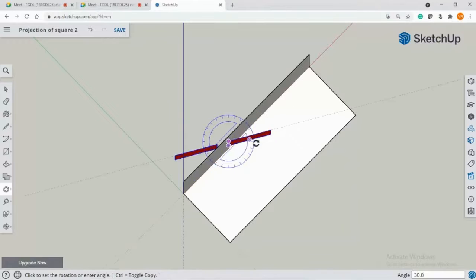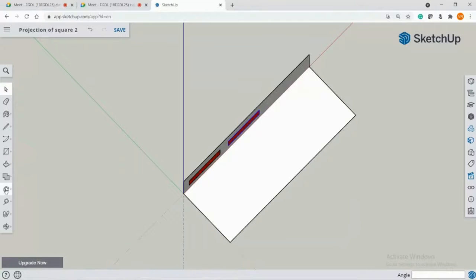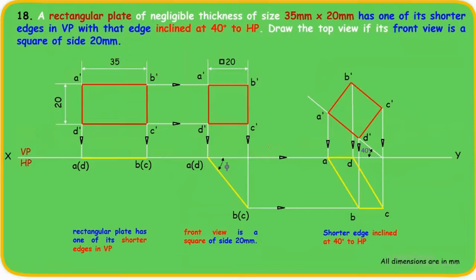So this is rotated by some angle. First, deselect the first rectangle, only select this one. And I have to rotate this such that it appears as a square to you in the front view. I know what the answer is.